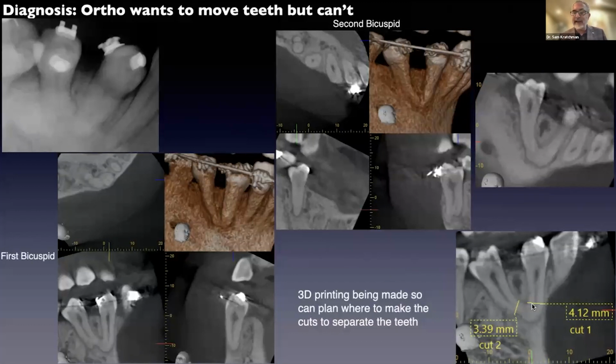So these lines here, what I'm doing is we're in a process down in the Prosto lab at Penn of doing some 3D printing. My dear friend Dr. Canyejo is going to make a 3D print for me and for the resident of these teeth, and the 3D print is basically going to help us to decide where I'm going to make these cuts, right? Because what they want us to do is separate these teeth so that ortho can then move the teeth. So because we're literally cutting the roots off, the tips off, we're going to have to do 2 prophylactic root canals, and then we'll be able to cut them and then hopefully separate them